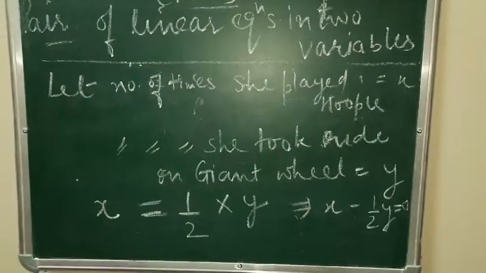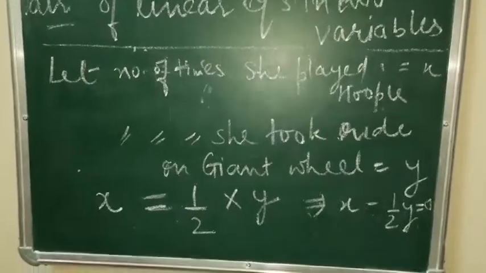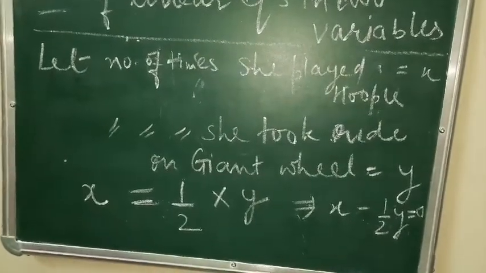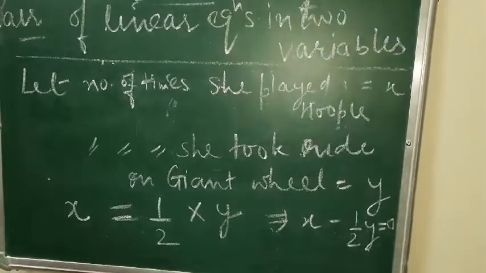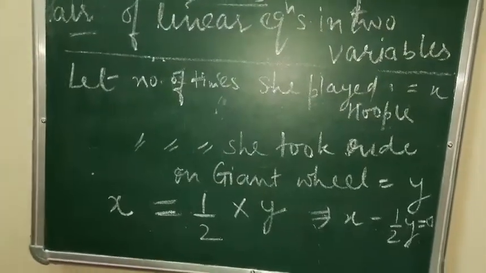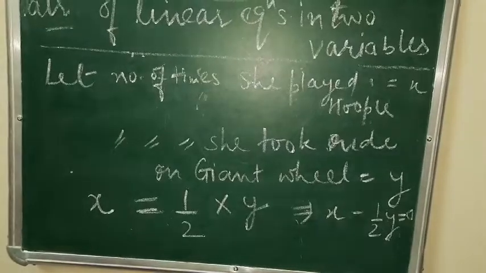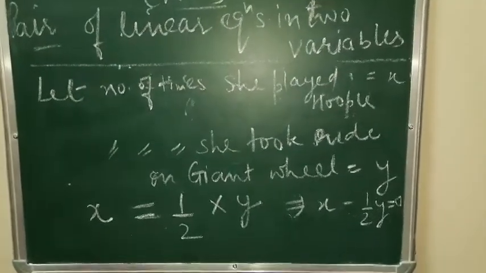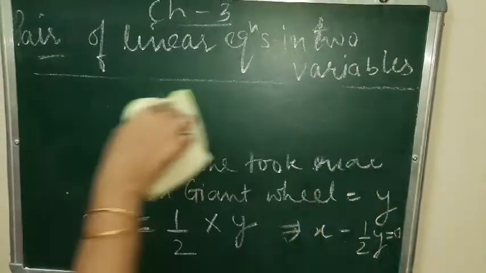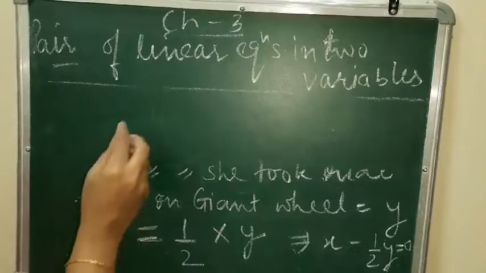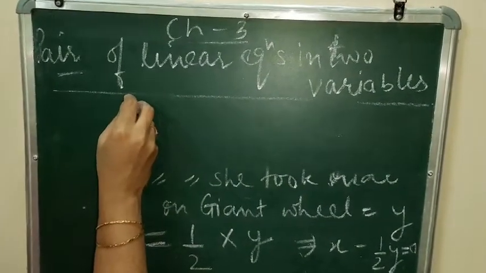Now if each ride costs rupees 3 and a game of hoopla costs rupees 4, how would you find out the number of times she had rides and how many times she played hoopla, provided she spent rupees 20? Now for a ride she is spending rupees 3 on one ride, and for hoopla she is spending rupees 4 on one game, and the total money she spent was 20 rupees. Beta, you have to cooperate with me because I am just having a small board at my home. So just note it down, and I have to rub it.